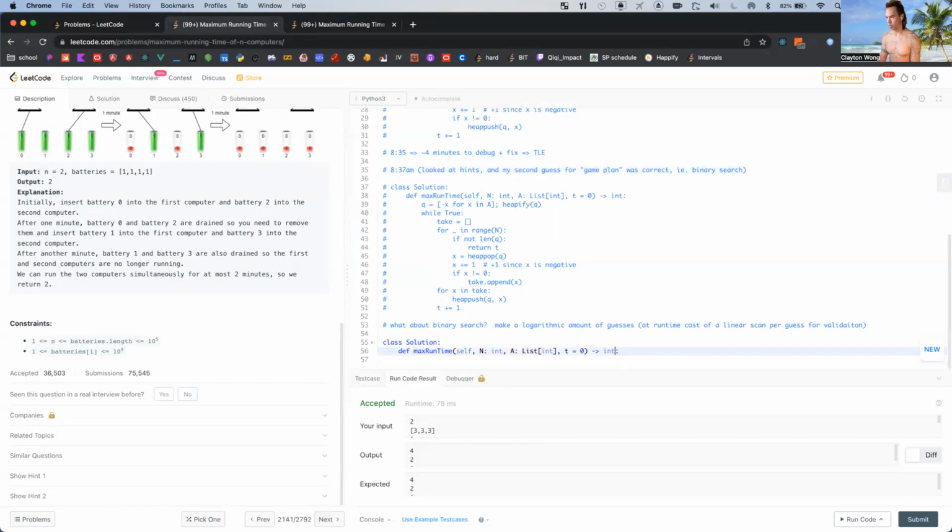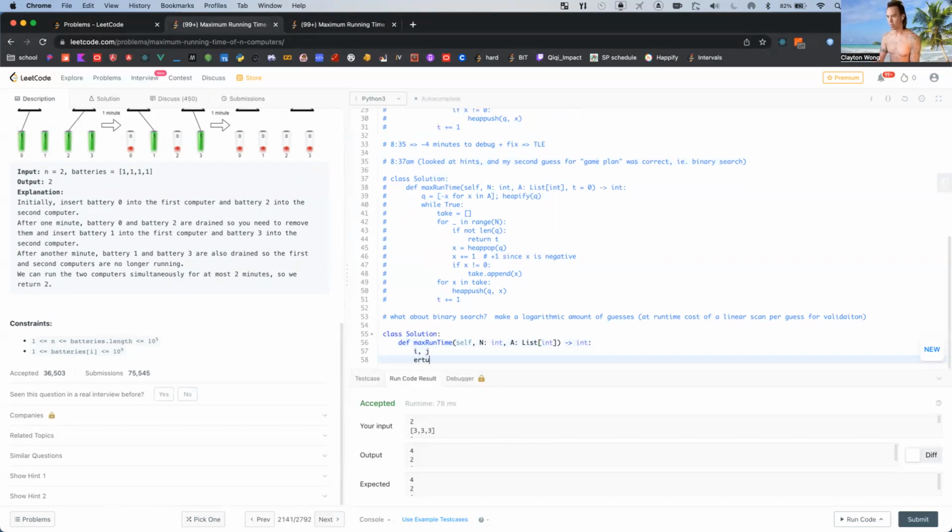So having some total like this, we'll have our search space be i, j, and return i at the end here. Okay. 0, and then j will be, what will j be? The maximum value of A, perhaps?